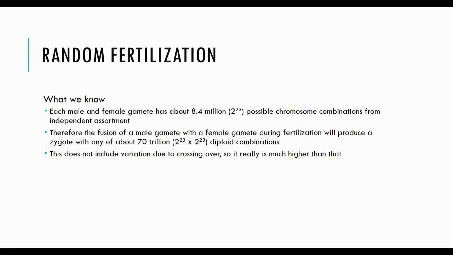Therefore, when we have fertilization, or fusion of a male gamete with a female gamete, that zygote has any of 70 trillion diploid combinations, because we're multiplying the probability of this and this. That is not including variation due to crossing over, which we also know is high, so it's really even higher than that 70 trillion. So those 3 events are truly what make you,